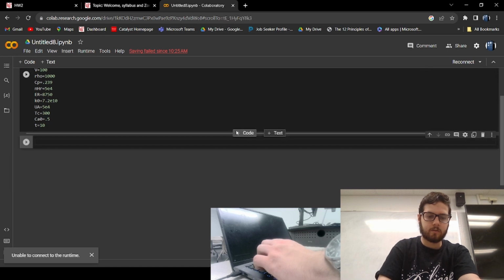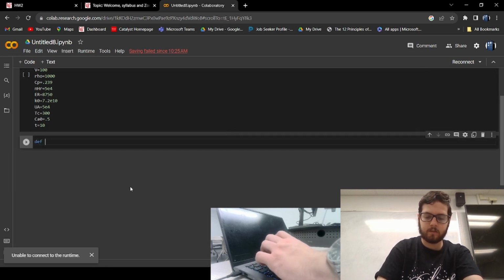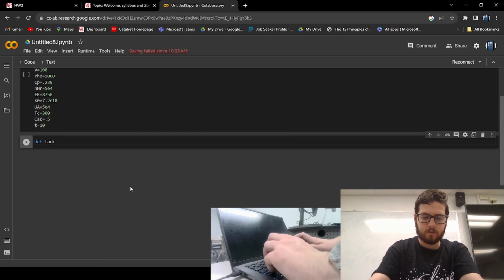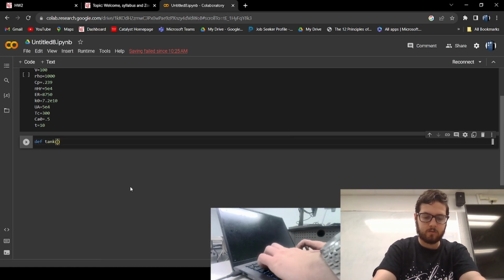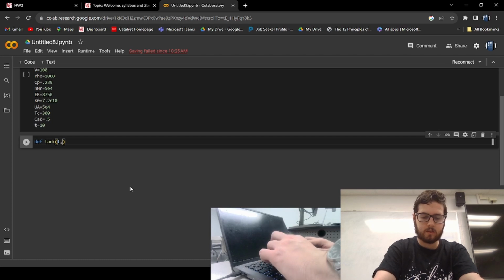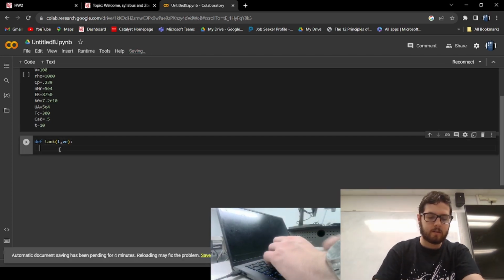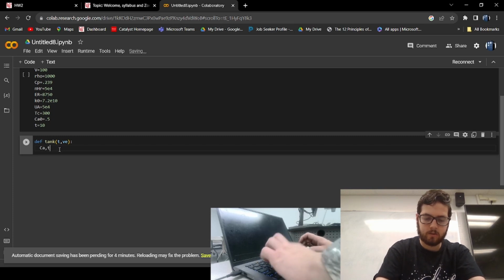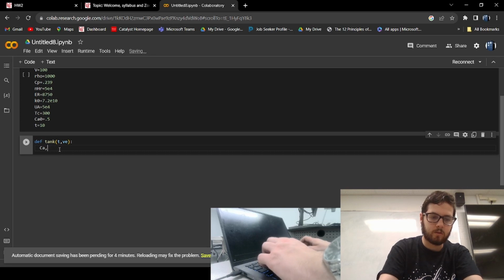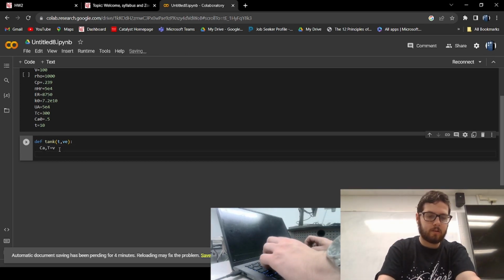And we got to define a function for the tank, and that's going to be with respect to time and a vector quantity. And that vector quantity will be equal to concentration and temperature. What am I doing? And then we need,